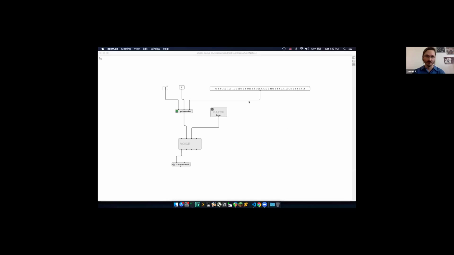So I'm going to share my screen now to give you an example of what I've been doing. I have two patches here. One of them, based on my interest, I really gravitated towards Pulse Maker as a way of generating different kinds of rhythmic subdivisions and things. This patch is called scelsi, and